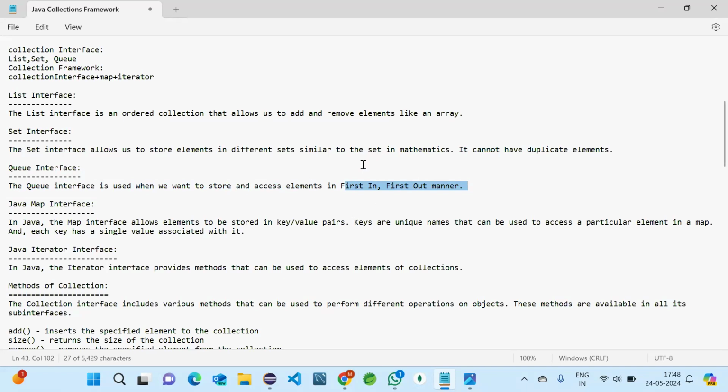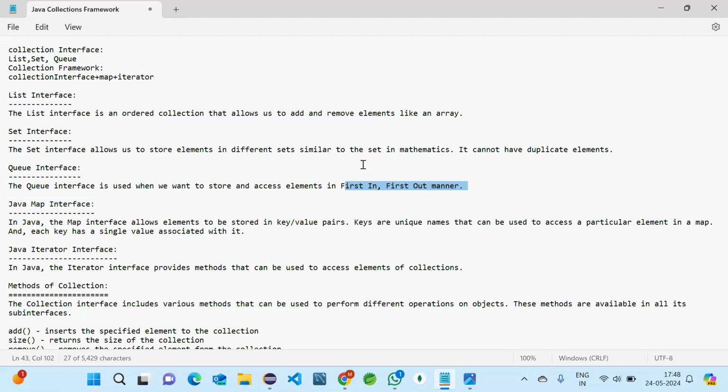If there is a box, we are putting a few things into the box, and if we put all the things into the box, we cannot take them from the back now. So we should take in the way we have put into the box. That time, what we put last, we are taking first. Last in first out is stack functionality. And coming to first in first out, it is a queue method.